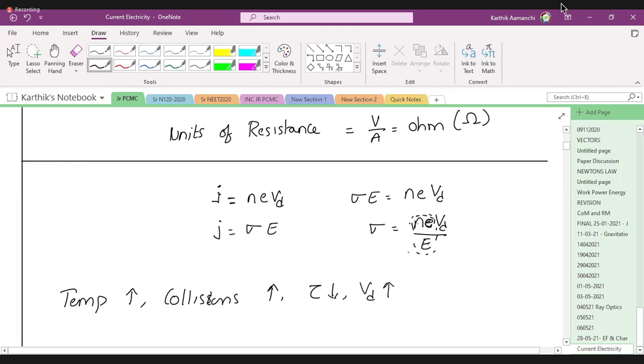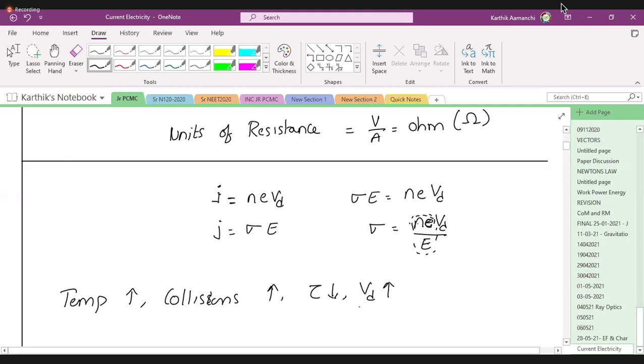So I'm going to throw my laptop outside of the window now. Just 10 minutes before, what you said is, you cannot take a relation of VD and tau from that. We got VD is equal to e E tau divided by 2m. Yes, sir, no? At that time, you told me drift velocity is not directly proportional. Now you yourself are taking it directly proportional.